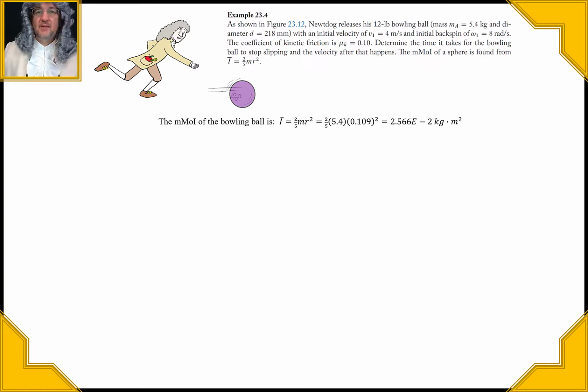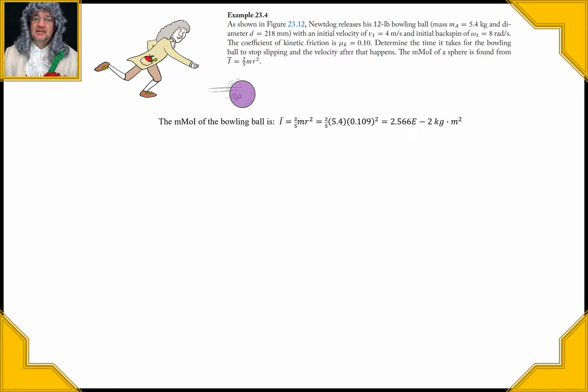Right. So that's what's going to happen with this, where Newt Dog releases a 12-pound bowling ball, which turns out to have a mass of 5.4 kilograms and a diameter of 218 millimeters, and has an initial velocity of 4 meters per second and an initial backspin of 8 radians per second. And the coefficient of kinetic friction is 0.1. Now we want to find the time that it takes for the bowling ball to stop slipping